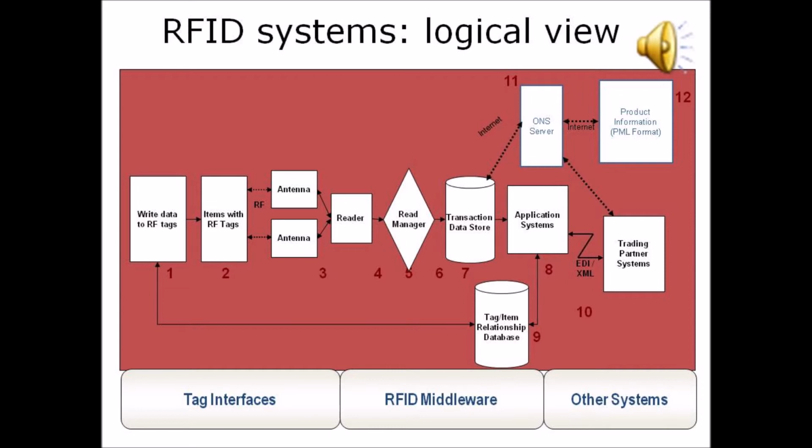Stick the tags on the item, and whenever the reader comes in close contact with the item, when I say close contact, I mean a decent distance, the tag communicates its details to the reader, and then the reader manager will act accordingly. For example, if you've taken a book, it will know how many days you have to keep the book, and if you're returning it after the due date, the system end will identify that you have to pay a fine of some amount.